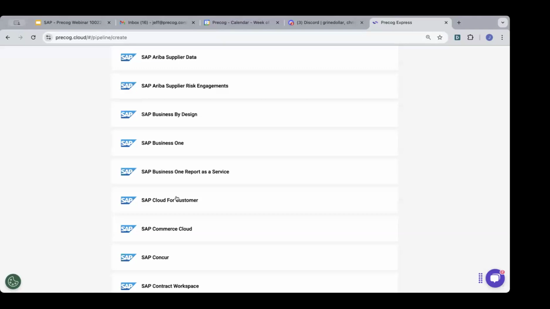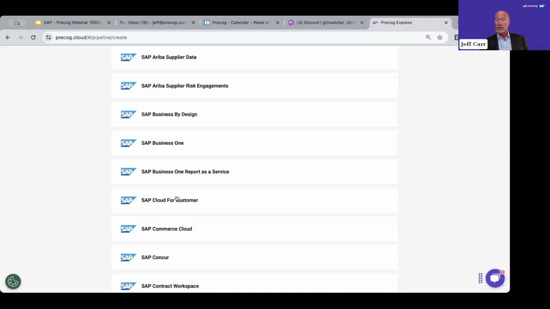Okay, next question. How do you work with SAP to jointly support customers? So we work closely with them. Obviously we manage the Precog part of the platform. It is a fully managed platform. We, in many cases, will detect problems before the customer is even aware of it and fix it. But SAP is obviously still responsible for their applications. There'll be times where we'll detect an issue with a particular integration that we've completed, and we'll realize that it's actually a problem with the API, potentially a bug or something that needs to be changed. And we'll report that back to the SAP technical team that's responsible for that product. And in most cases, they'll be able to make that adjustment quickly.